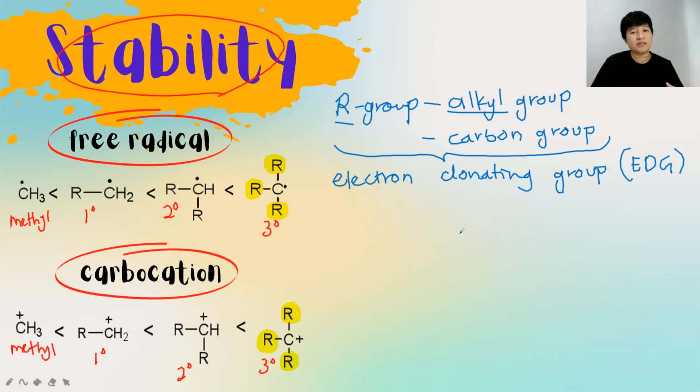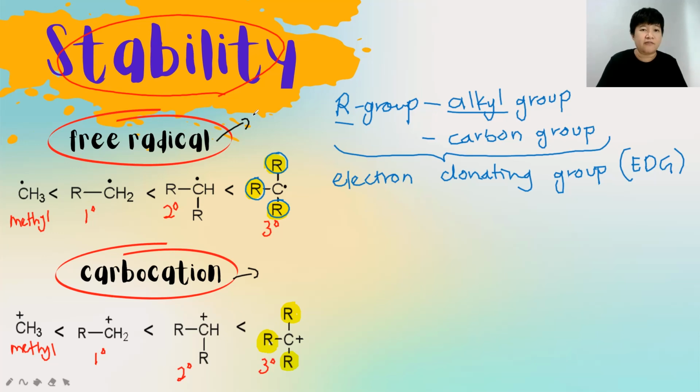So what is actually an electron donating group and what is the function? Why, when I have a lot of R groups, am I more stable? Before I proceed to the relationship between the R group, the electron donating group, and also the carbocation and the free radical, I want to remind you that the free radical and also the carbocation are those